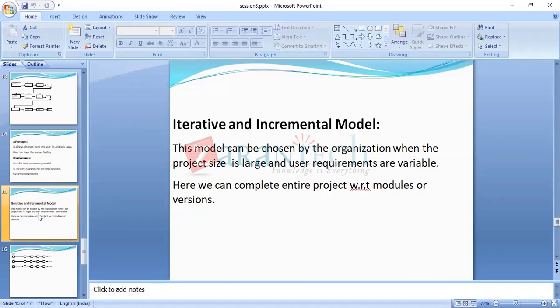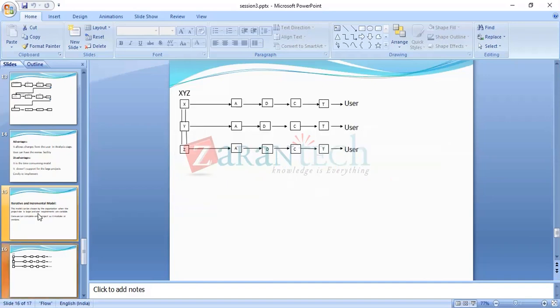What is iterative? Step by step. Yes, iterative and incremental. Here, the user can implement your project step by step.